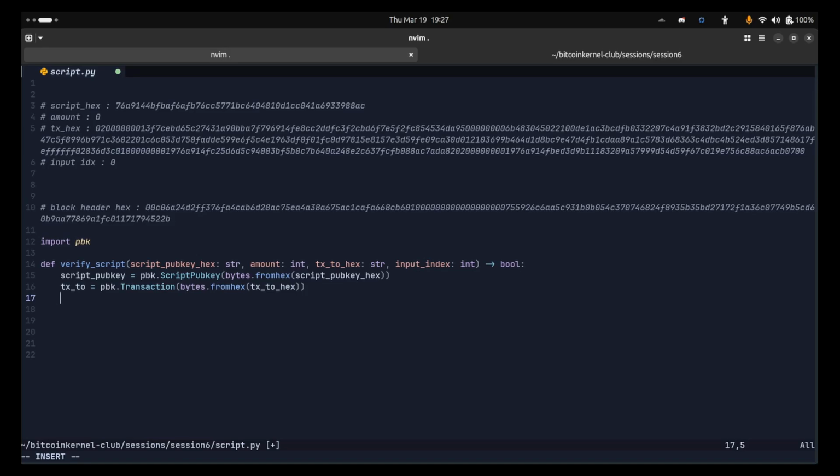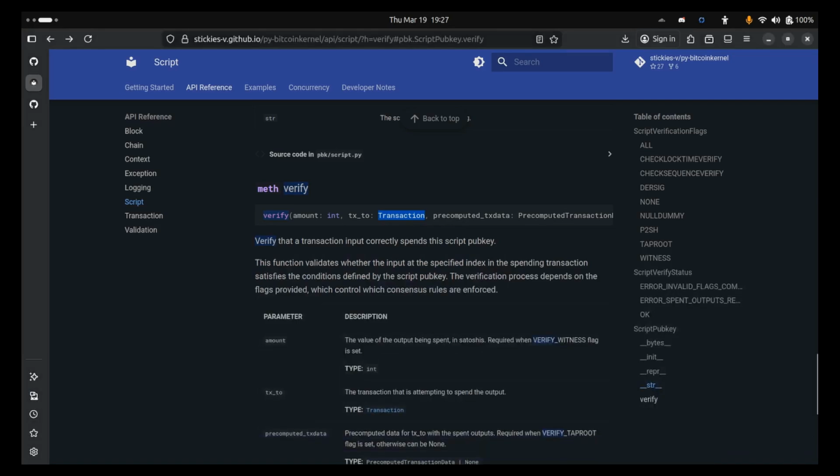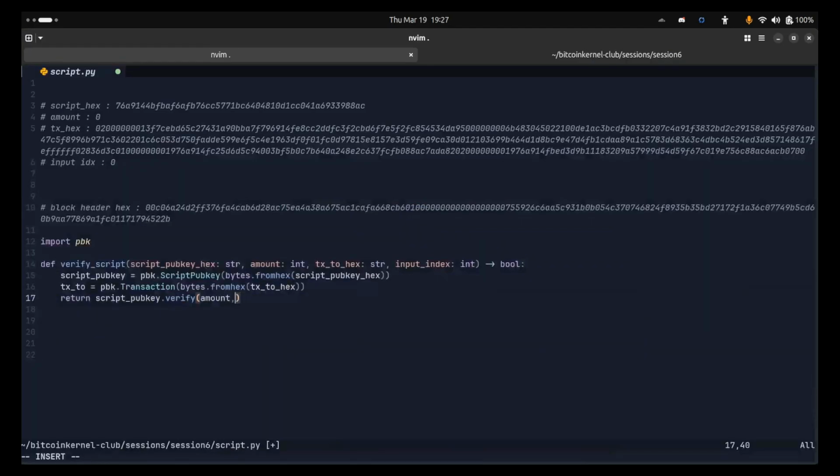All right, so we have converted the script pub key hex string to script pub key type, and the transaction hex to transaction type. Now we'll just run the script pub key verify. So script pub key dot verify. We need to pass the amount. So amount is in integer form already. Okay, we need to provide the amount value 0,